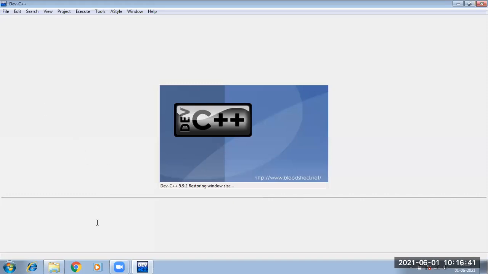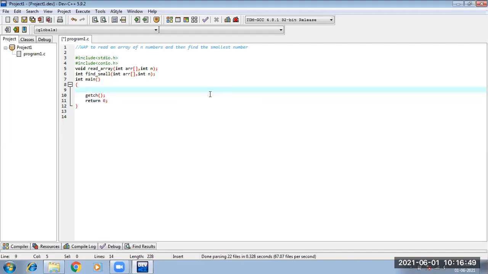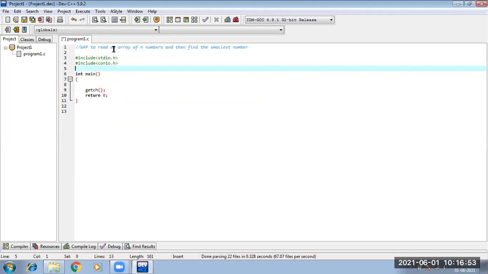Okay, I will be deleting these things. I am writing a program to print the elements in a 2D array. Just to print the elements in a 2D array.